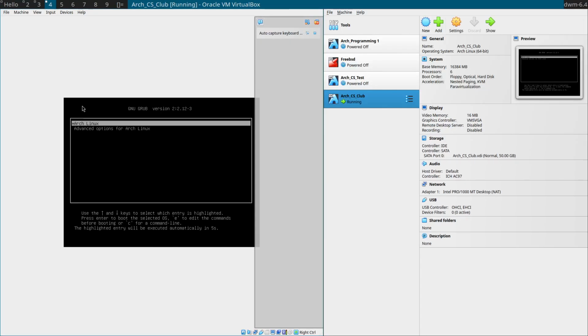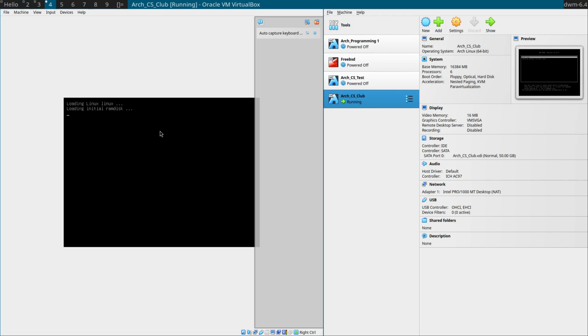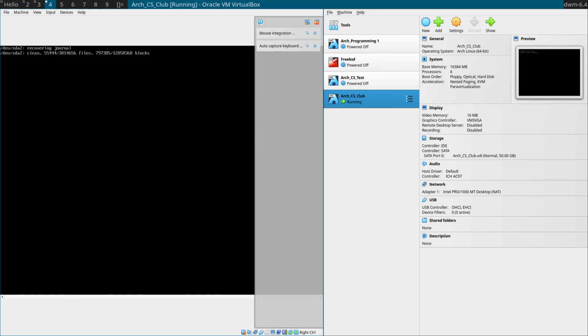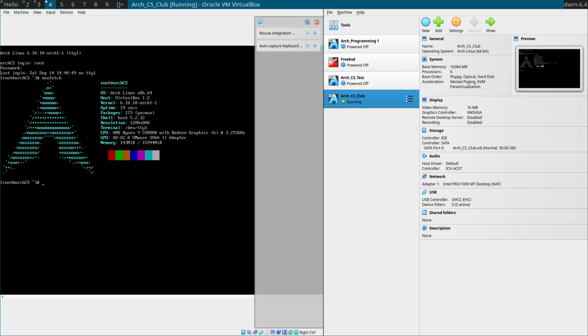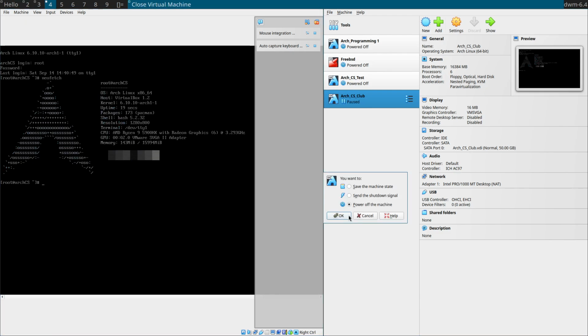One thing I do want to show just in case is, let's say you screwed up something at any point in using this VirtualBox. Let me log in as the root real quick. Remember we have neofetch that we downloaded last time, so running at a nice 143 megabytes. Let's say that you bork your system and kind of brick it. Instead of having to re-download every single thing you did in the last video,